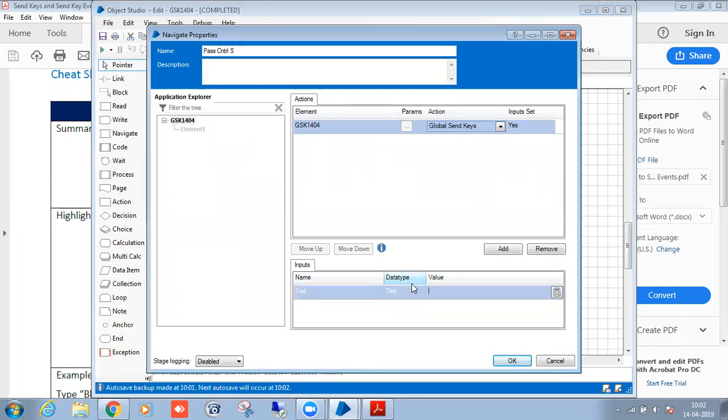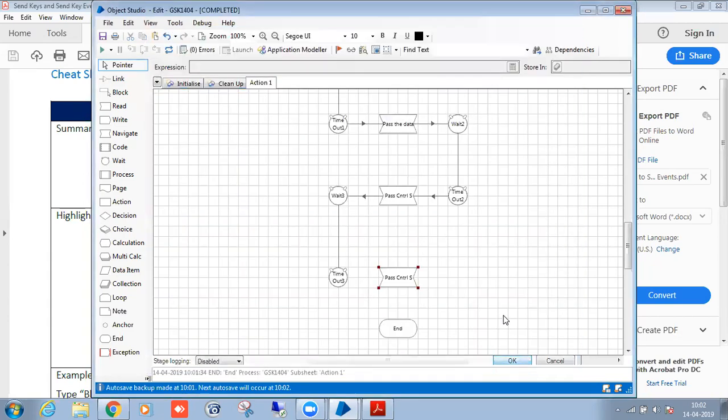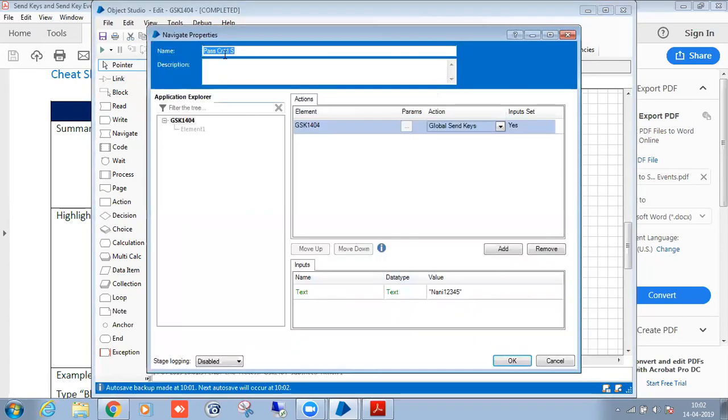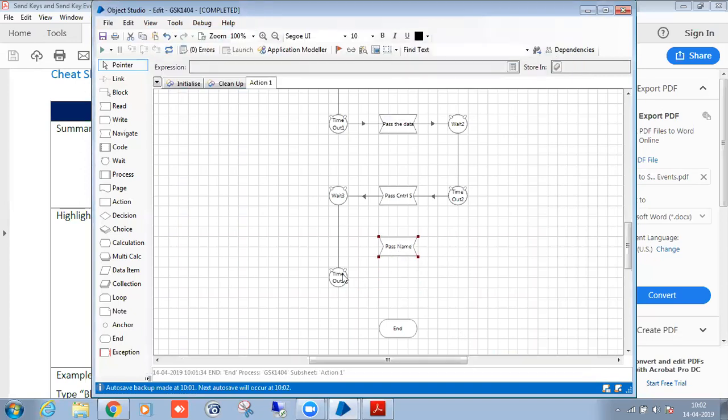So here I will pass the name of the file, 1, 2, 3, 4. Okay, try to pass the name.